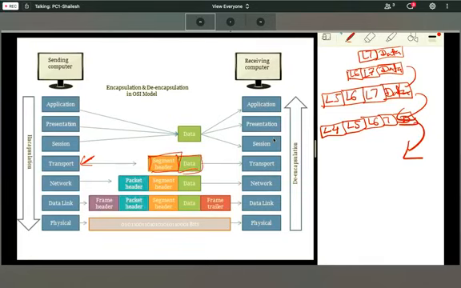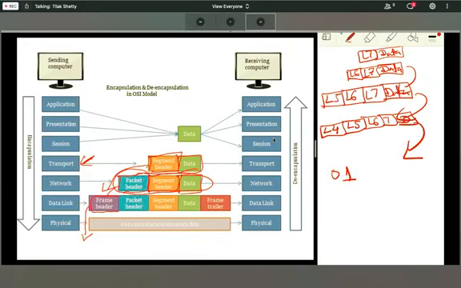After that, it is coming down to the network layer. Then packet header plus segment header and then data. Then it is coming down to the data link layer. Then this whole data, the previous one, the new header will join, that is frame header. This will come down to the physical layer, now the data, whatever your data is, the computer will change into binary numbers 0 and 1. Correct?